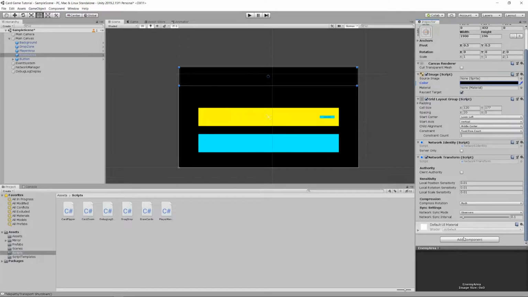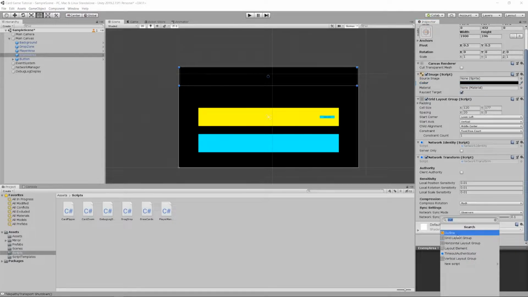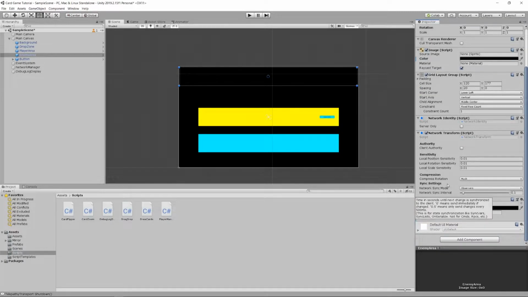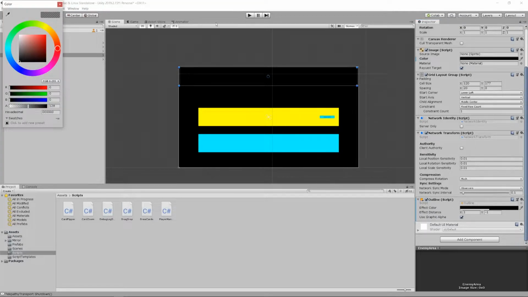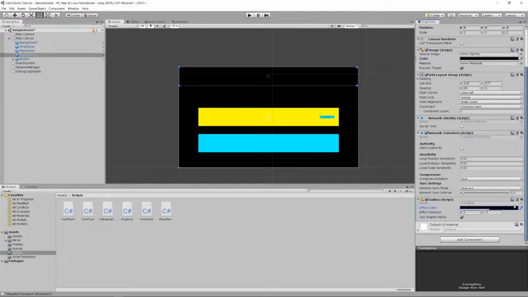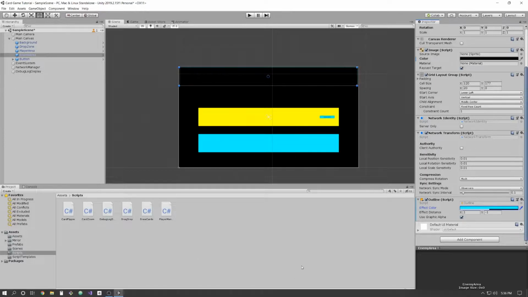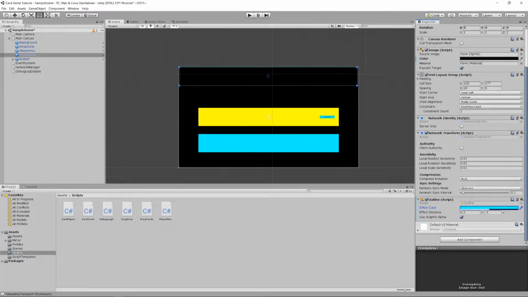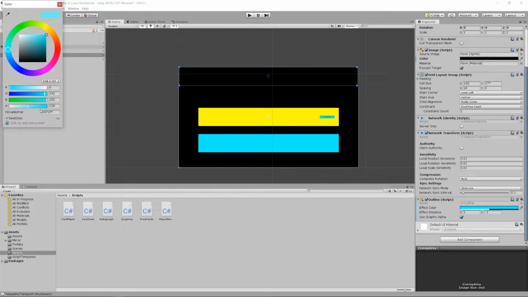a new component, which is called an outline. And the outline, I'm going to use this color here. Actually, all I need to do is use this little dropper here, and I can get this color, and that will be my outline color. And you'll notice that the alpha of the outline is set to 128. I want to set it all the way up to 255 so that I get the full color of it, not just a